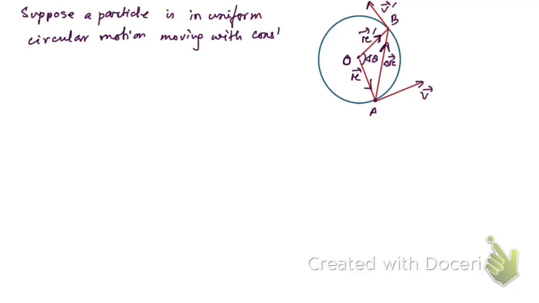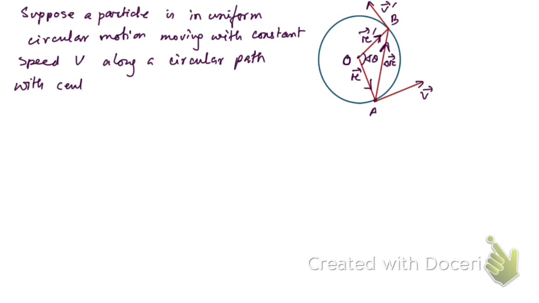Velocity will not be constant, velocity will be different, but speed will be constant, with constant speed that is equal to V, along a circular path, with center O, and the radius of the path be suppose R. Okay, radius of the path be R. Okay, so now